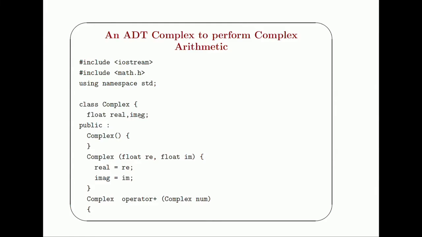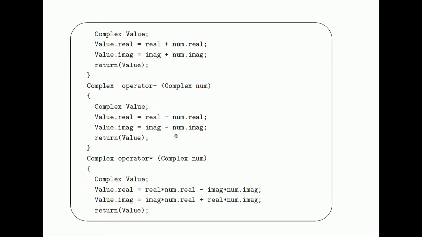Notice this over here, there are two private variables. Implicitly, if you do not say private colon or whatever, it means that it is by default private. That means these variables are not accessible to the outside world. Float real, comma, imaginary. Then what do we have? We have the public, a set of functions which can operate on this data. Complex, this is like an initializer over here. For example, these are called constructors. Basically, I can pass as argument a real and an imaginary value, which are both float type, and it will create an object of type complex. These are also called objects.